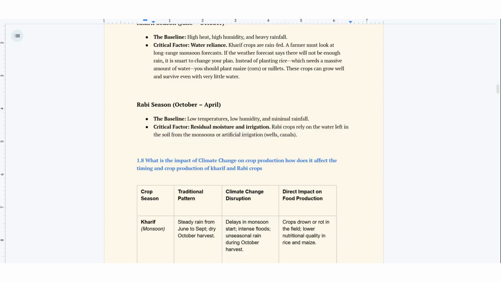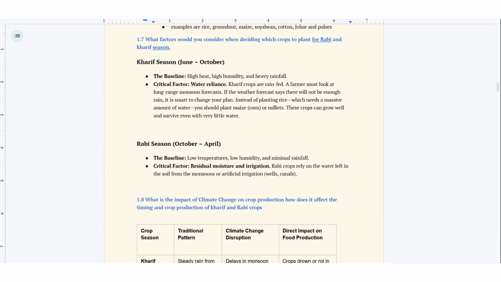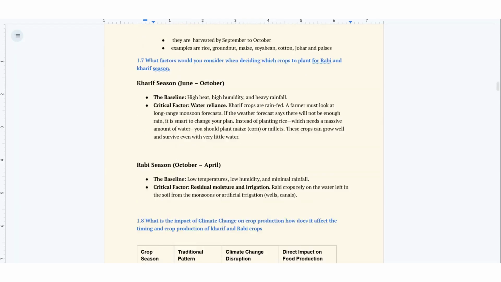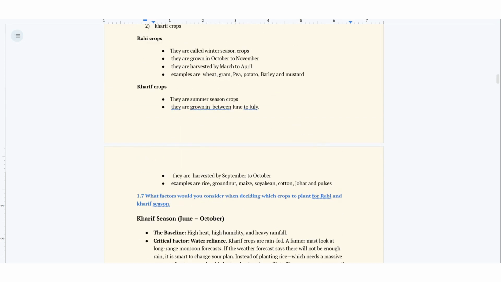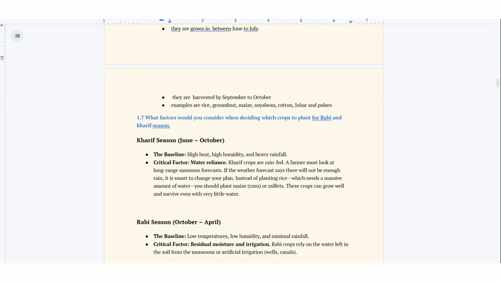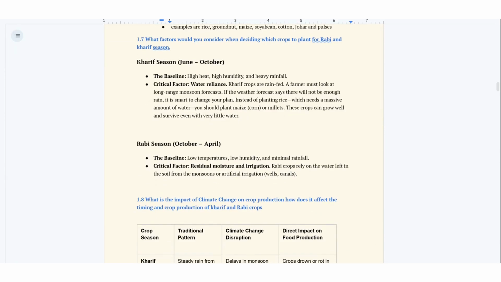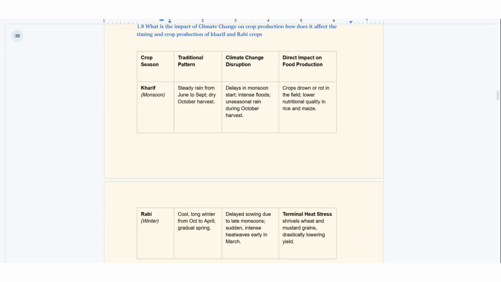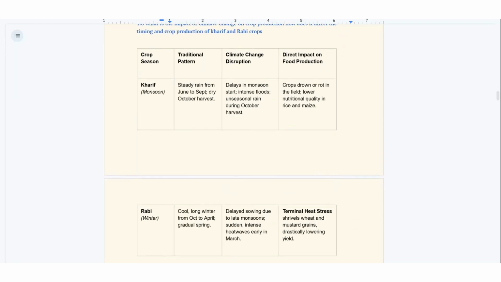Okay. So, what are the examples we learned here? Wheat, gram, pea, potato. If we take a table format into consideration, just to remember in an easy way,